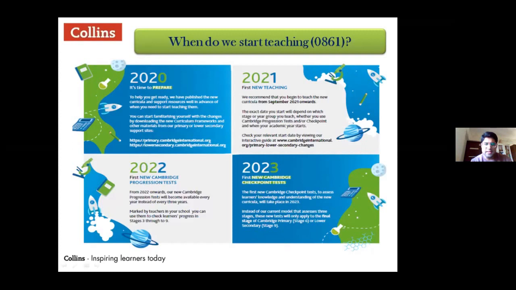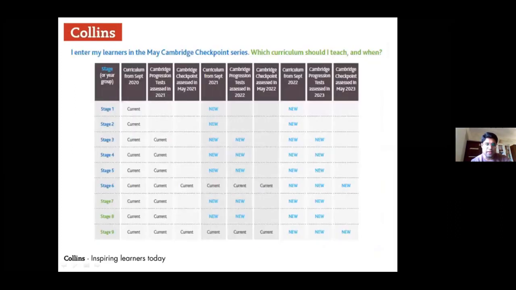The exact date depends on whenever your school reopens for the new academic year. Now, 2022 and 2023, because if you start teaching in 2021, of course, the new batch that you start teaching after a period of 2 years will be writing the examination in 2023. Okay, so this is an overall viewpoint. This is an overall understanding, and I'm sure many of us have this particular slide with us to go to the depth of the understanding.